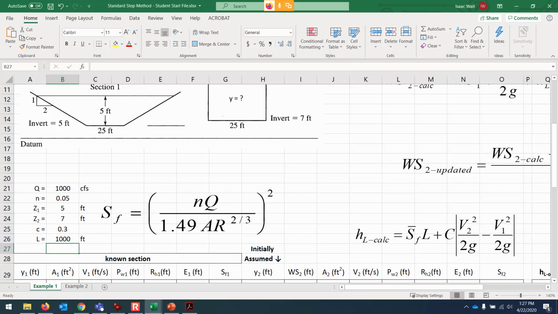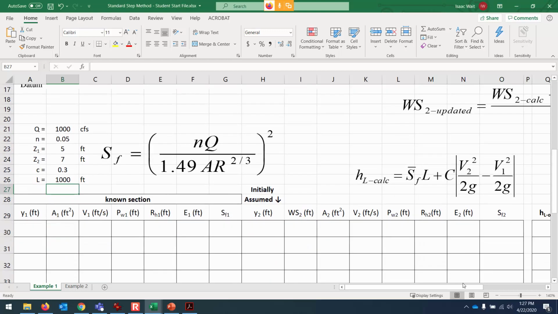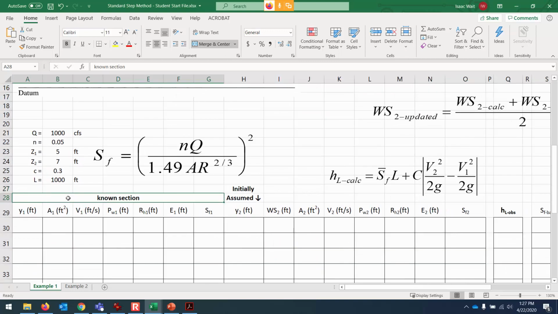Okay. So just putting in the preliminaries there. Let's put in the information where we know some things. The known section, we know that the water depth is 5 feet. And now where it's known is the trapezoidal channel. And so, for example, the area is going to be 25 times the